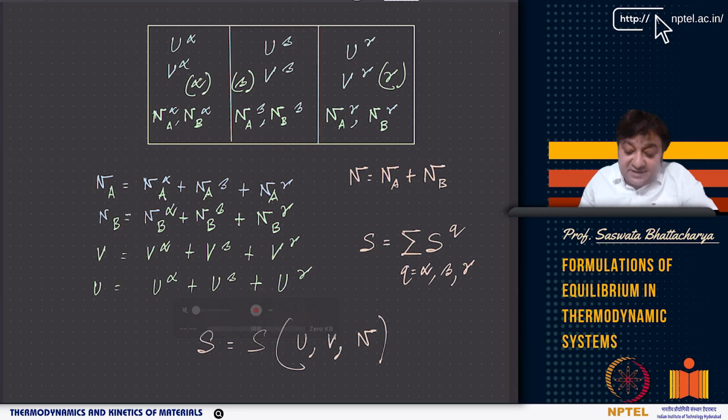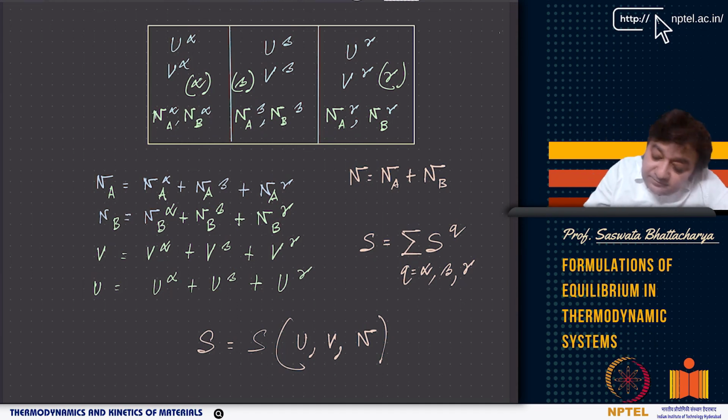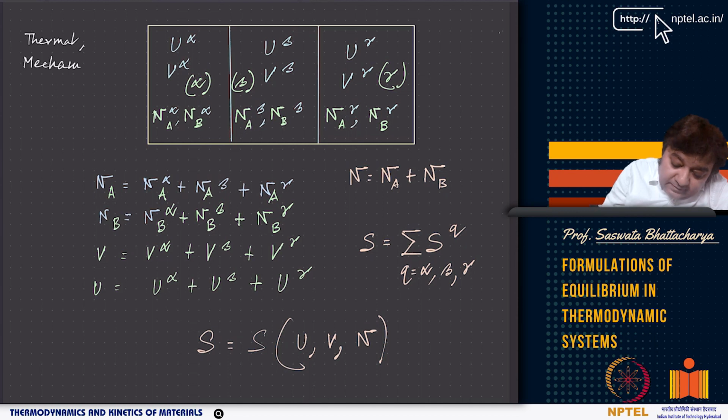Okay, so in the previous lecture, I talked about thermal equilibrium, how to achieve thermal equilibrium, how to achieve mechanical equilibrium, and how you remove the internal constraints through the wall, and how you arrive at different types of equilibrium. What types of equilibrium are there? For a simple system we are talking about, you have thermal equilibrium, mechanical equilibrium, and also chemical equilibrium. So these are the equilibria that we have considered.